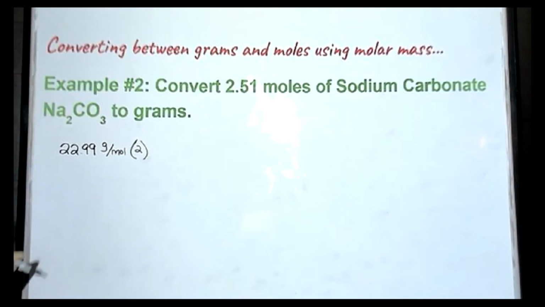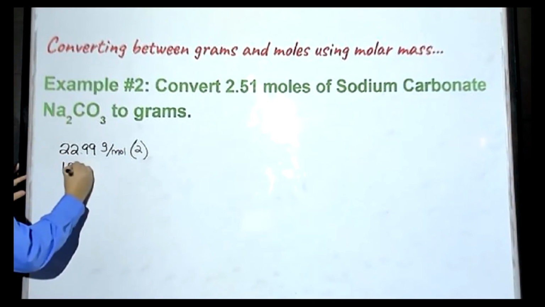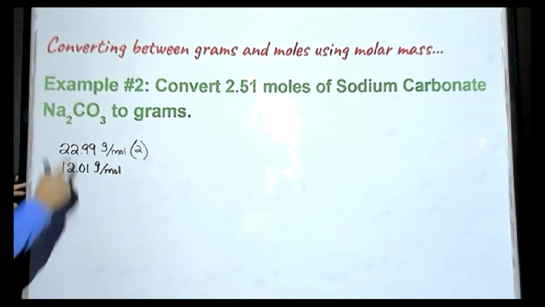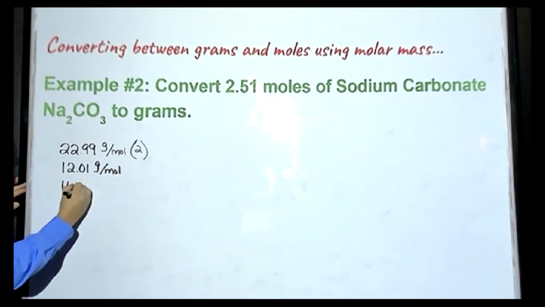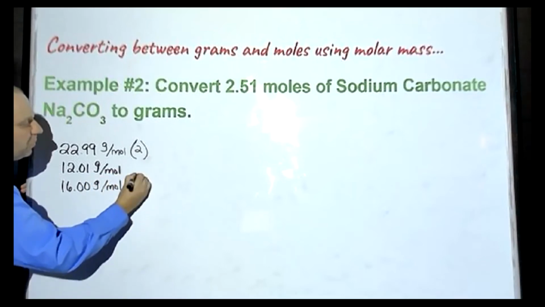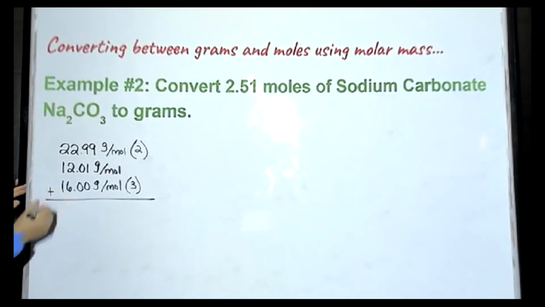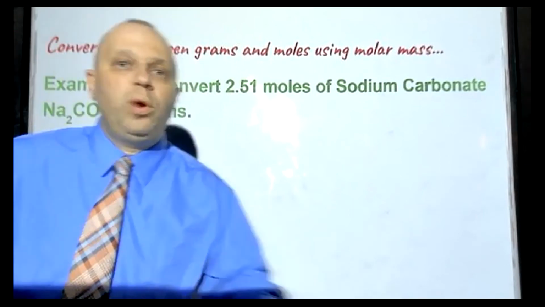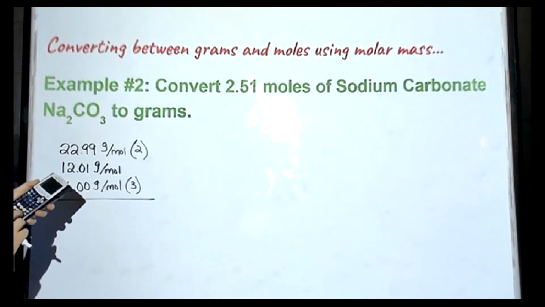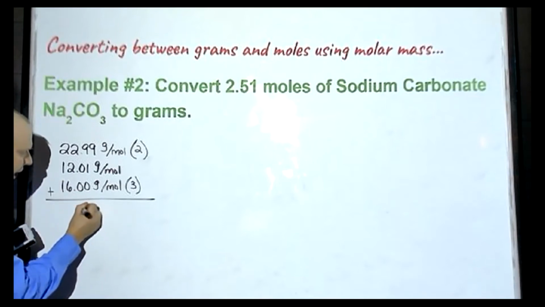We're going to multiply that by 2. The molar mass of carbon is 12.01 grams per mole. And the molar mass of oxygen is 16.00 grams per mole. And we will multiply that by 3. We're going to get a total mass of 22.99 times 2 plus 12.01 plus 48, 105.99